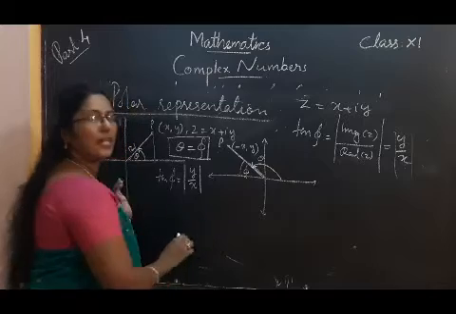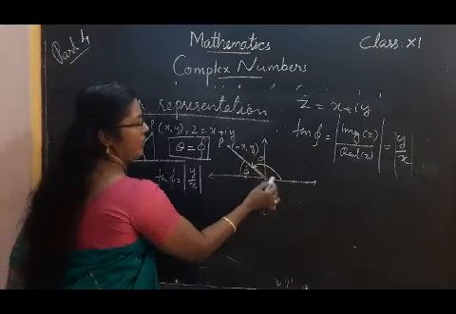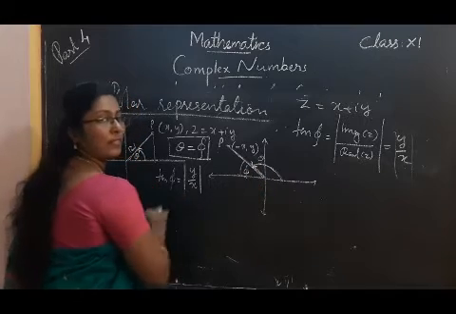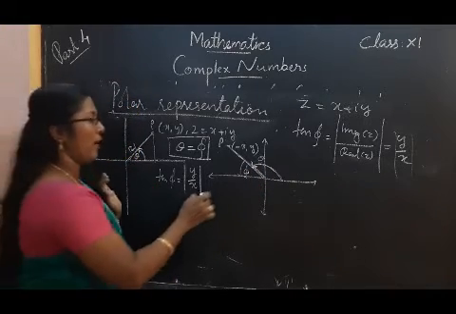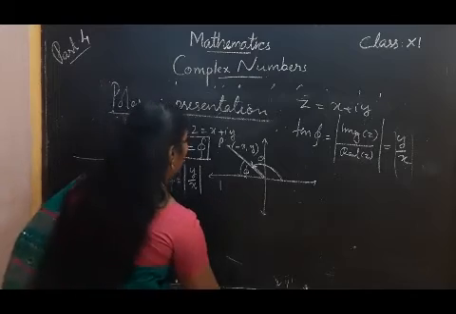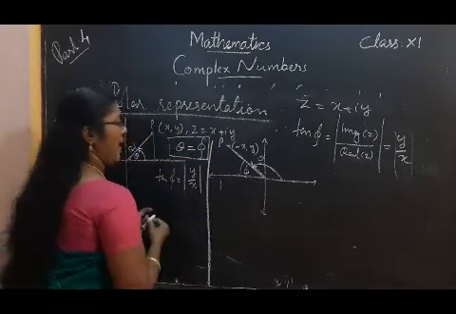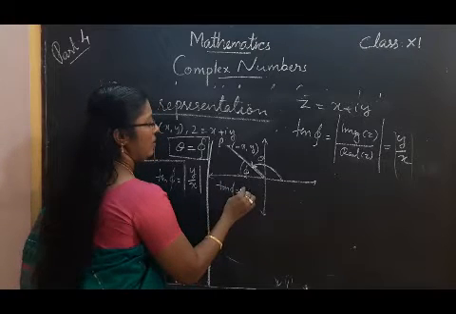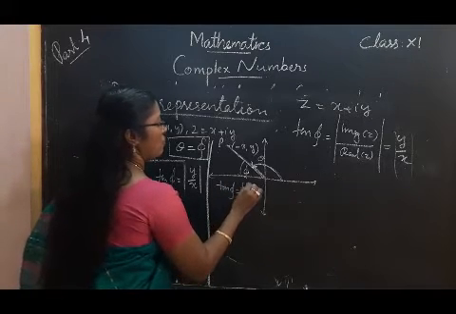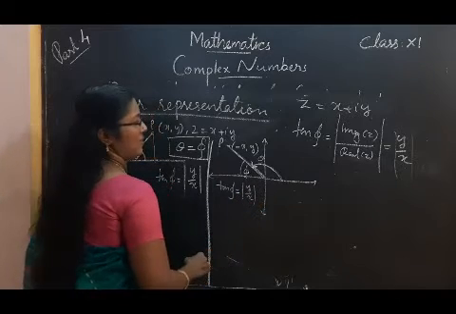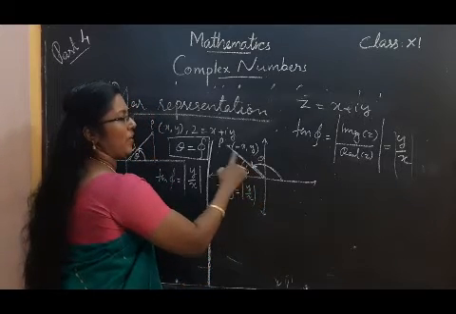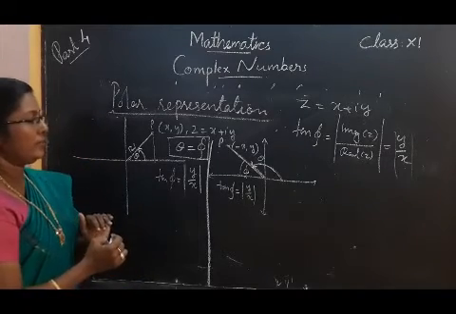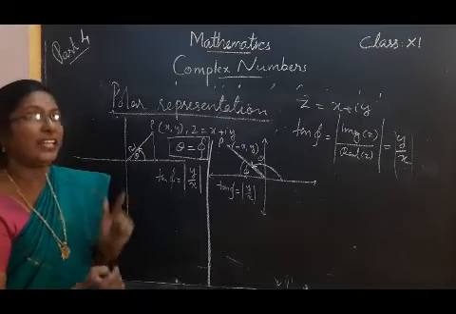The larger angle is theta, or the line represents this line. So start here. This is theta and phi is the acute angle. Our formula is tan phi equal to the modulus of y by x. Here y is positive and x is negative, so take the positive. Then our aim is to find theta.